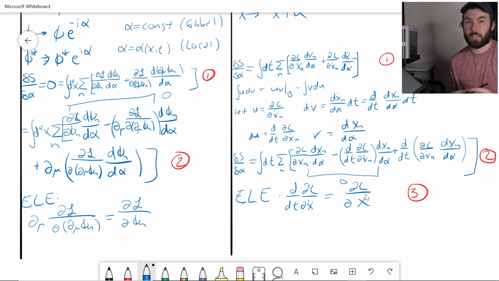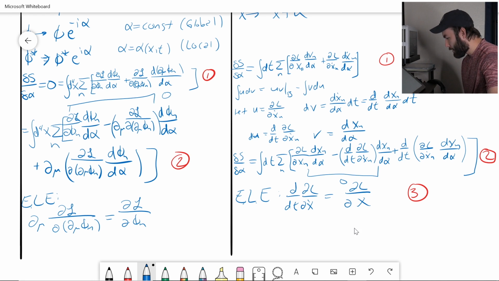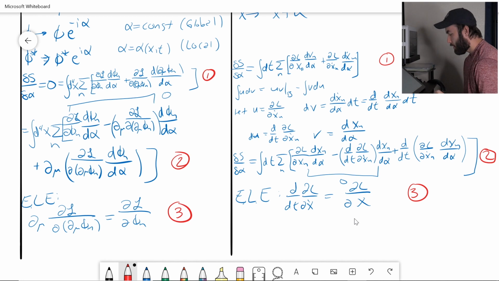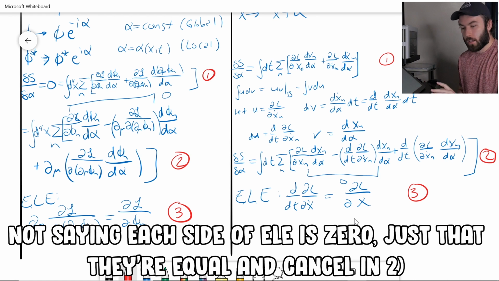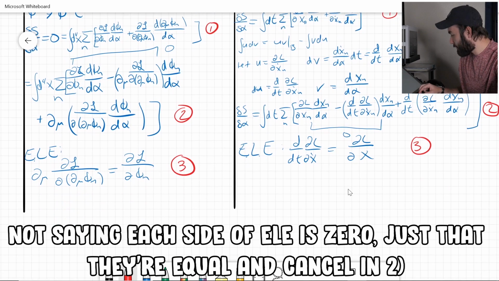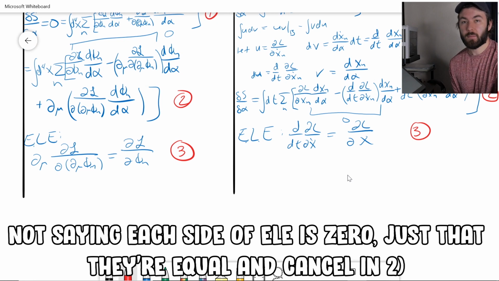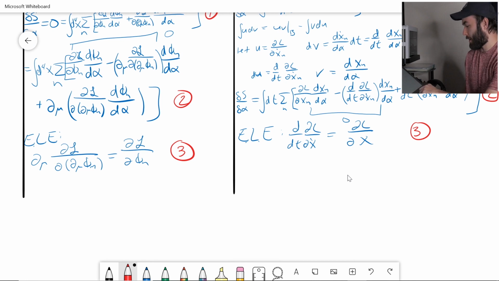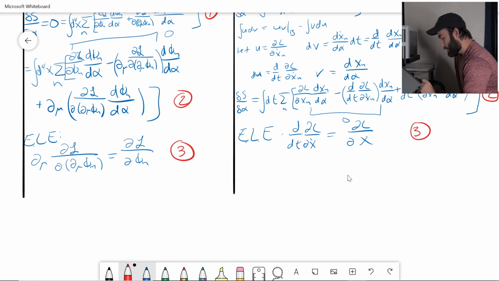So that's how you would write it in a covariant form, or at least in tensor notation. So this is 3. If our equations of motion are satisfied, then those two terms are 0. And we already said that varying the action with respect to our symmetry parameter is 0 because it doesn't depend on that. So if the equations of motion are satisfied, then we get dS/d alpha is equal to